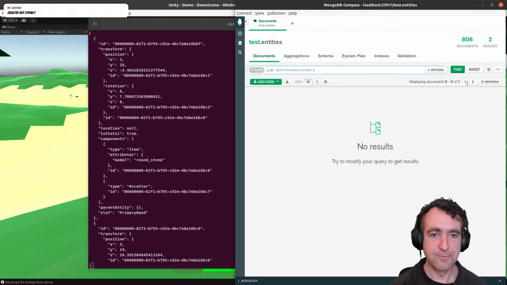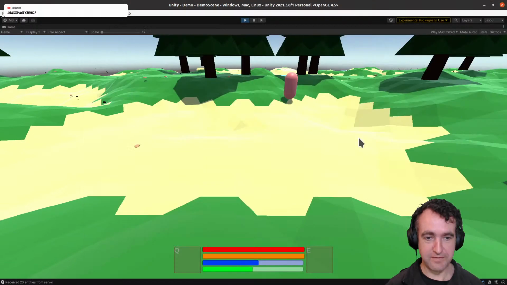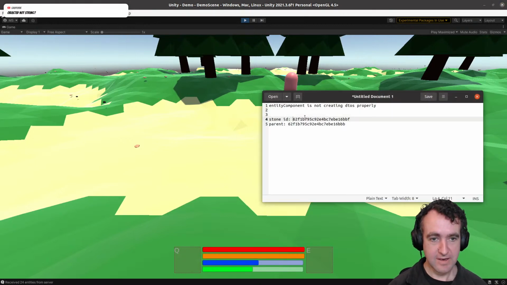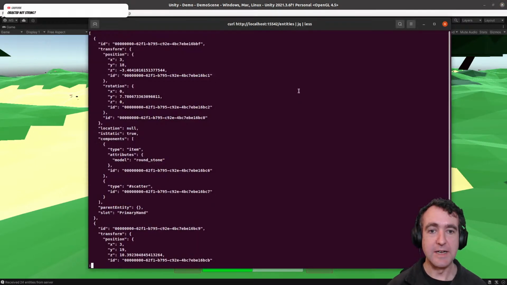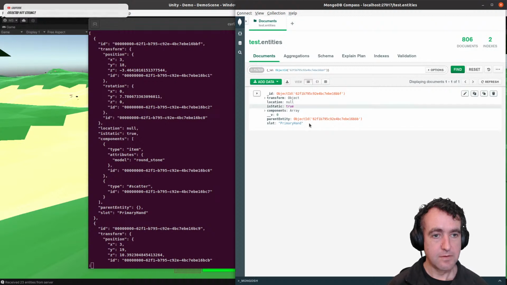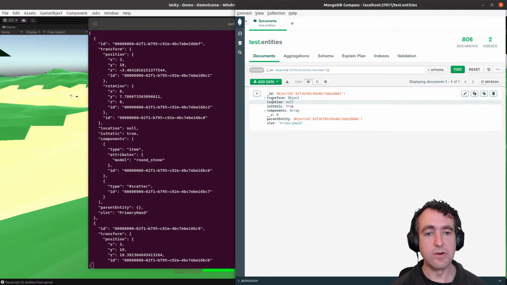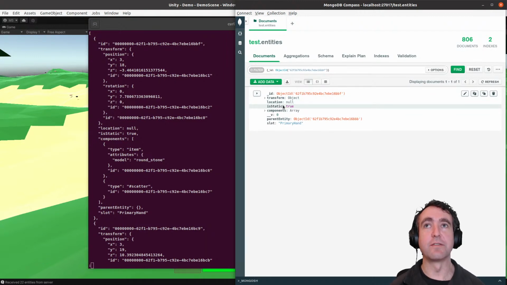Ah, thank you, Graphic. Excellent. So now I can try and find that actual stone. There's the stone ID. There it is. It is a transform, but not a location. So that will stop it from getting found